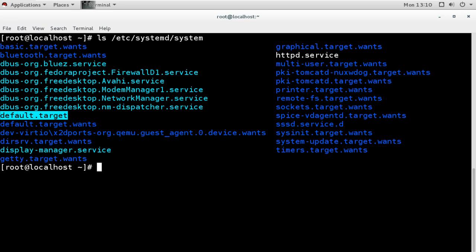So all the links are here, so that when our system boots, we decide, and we will not execute all the units, only the units under this directory will execute, but originally they are located under the /lib directory. So when you list this directory, you will see all the available units we have, which are installed and which are loaded.